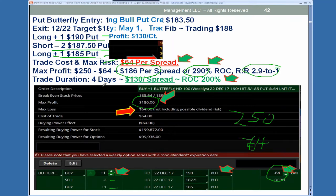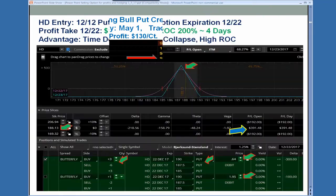Now this lasted 44 days and just waited into expiration and closed it out with $130 per spread, which is a 200% return, and really doesn't take much work once you're into the trade, and very low risk. So here's what it looks like, and this is what we call the profit tent. Okay, so on a butterfly,